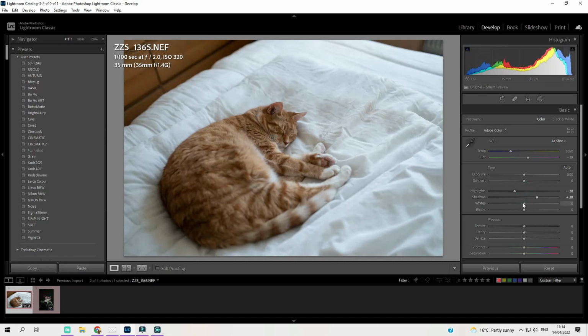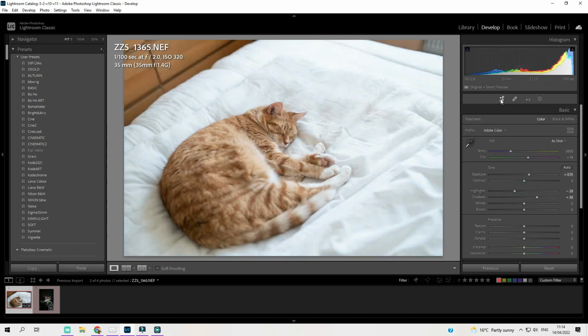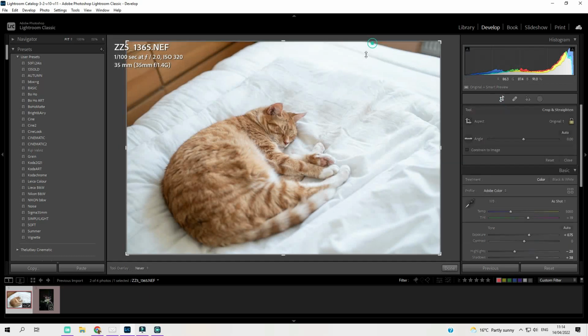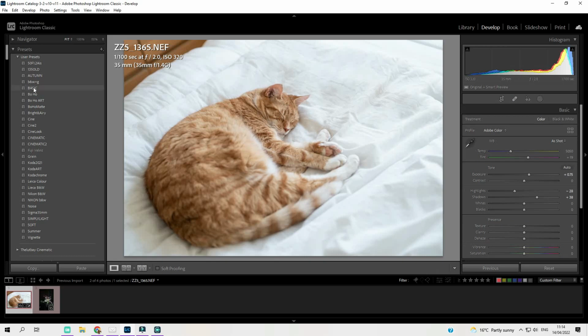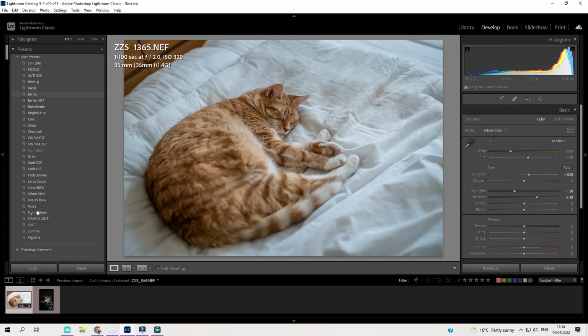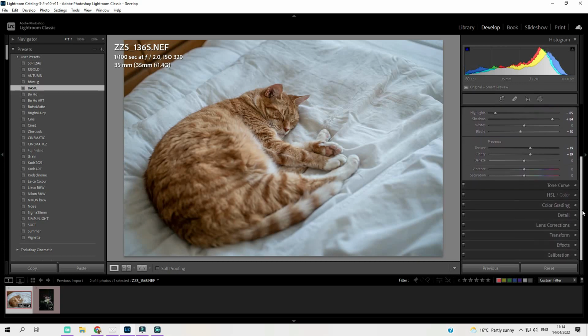Now you can do this by literally individually editing each photo, if you want to get the crop right, the colour and the exposure. I use a preset over here, and I've got lots, but I use basic for almost all of my photos, which changes the highlights and the shadows and so on and so forth. It creates something which I think makes a nice looking photo. So I simply apply that basic preset, and